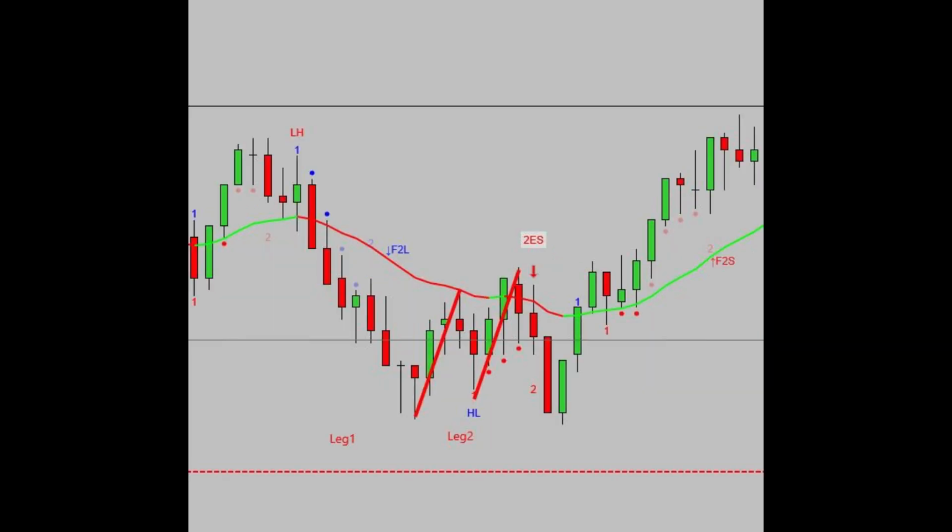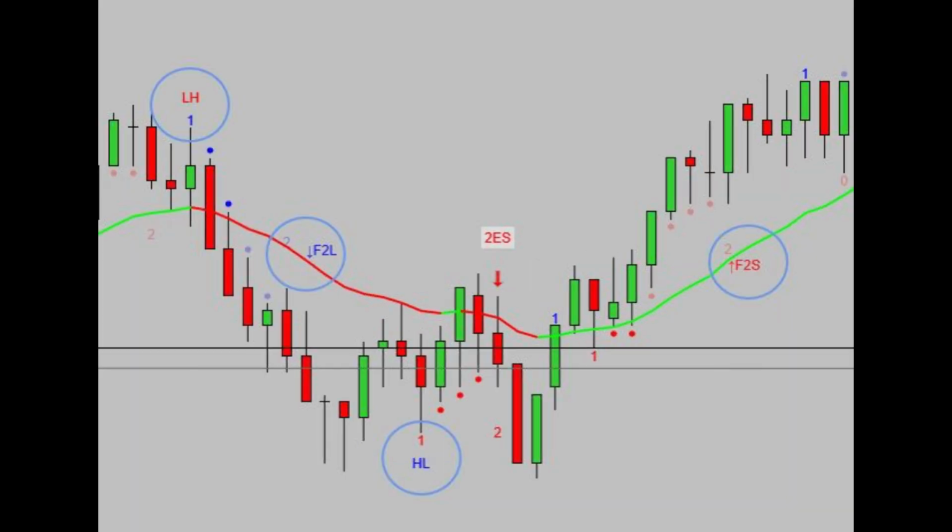A core function of the strategy is identifying market structure through leg formations. The system automatically detects when leg 1 and leg 2 have formed and highlights second entry opportunities, both long and short. You'll also see lower highs, higher lows, and even failed second entry setups, all clearly marked with labels and